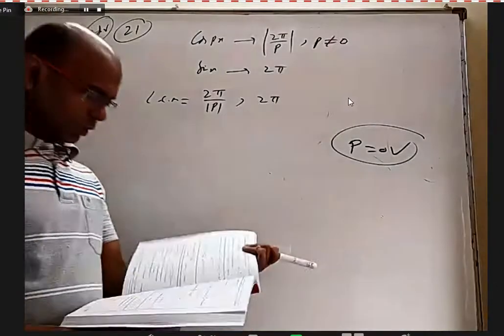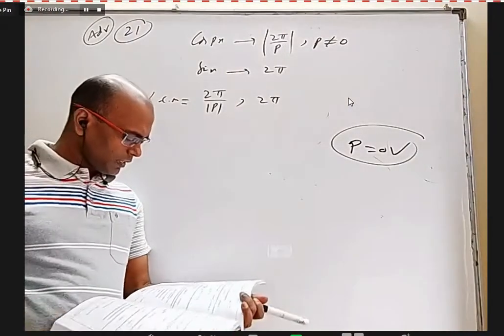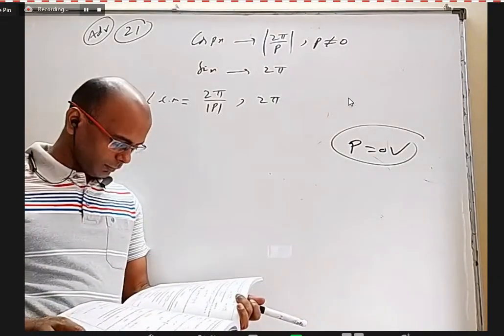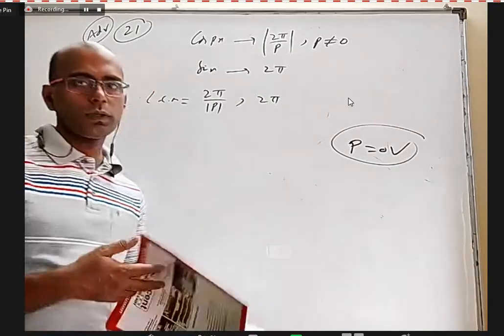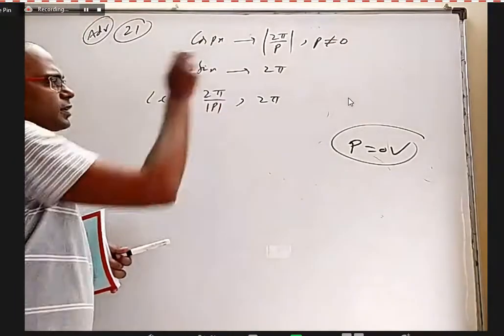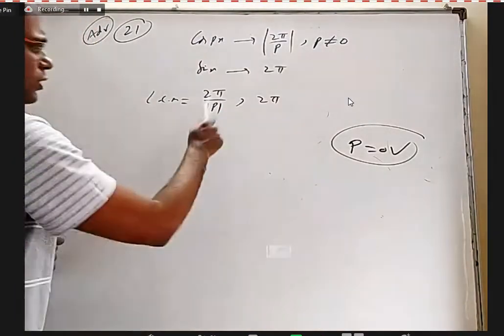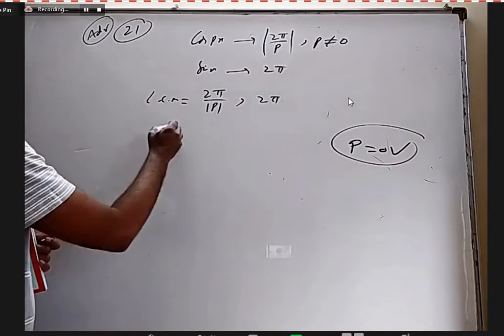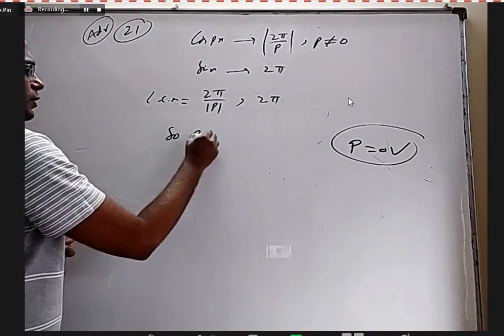So what are the options now? P is a positive real number, not just real, it should be rational. So option C. Just because this is periodic, don't think that the sum is periodic. LCM will not exist for a rational number versus an irrational number. So P must be rational.